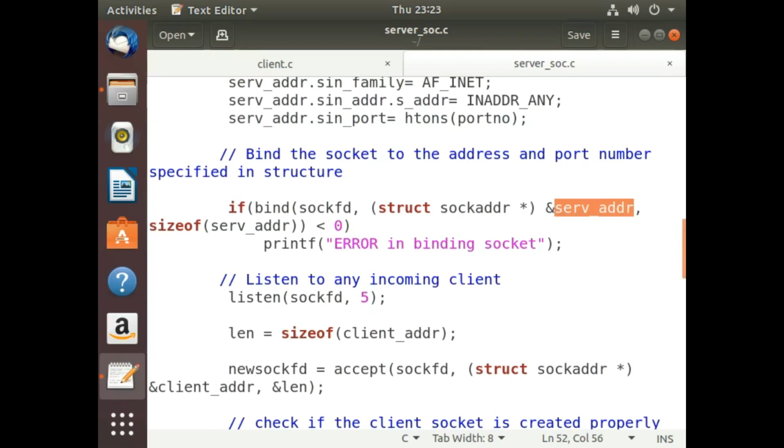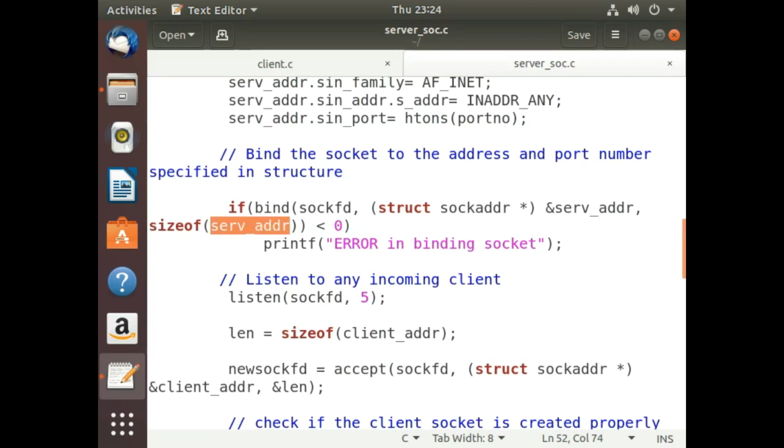This is a very trivial step that we need to follow. The third argument is the size of our structure variable. We generally use the sizeof function to compute the size of any variable or structure variable.